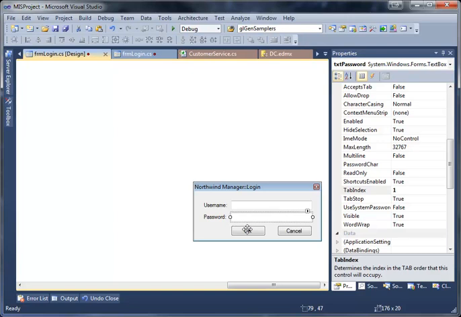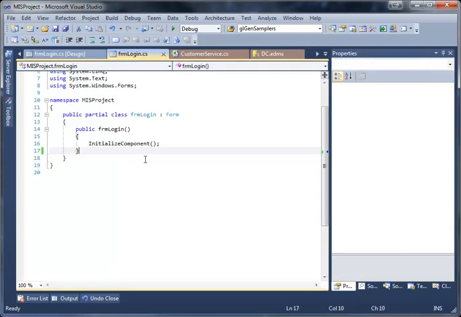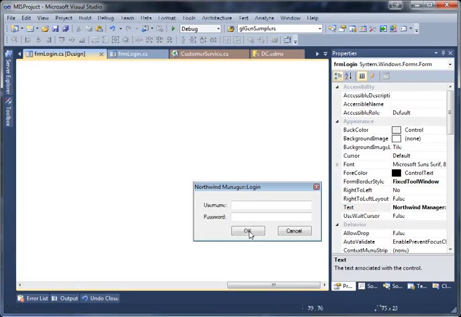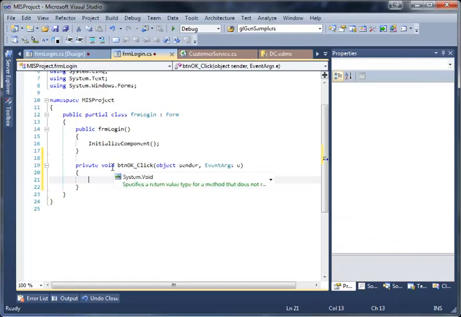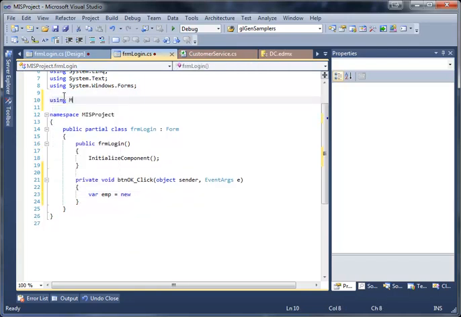So 0, 1, 2, and 3. I'll come here and double click on OK, and I will construct a new employee object. So var emp equals new, and first of all I have to add him in the using here, so new model. I'm going to say new employees object,